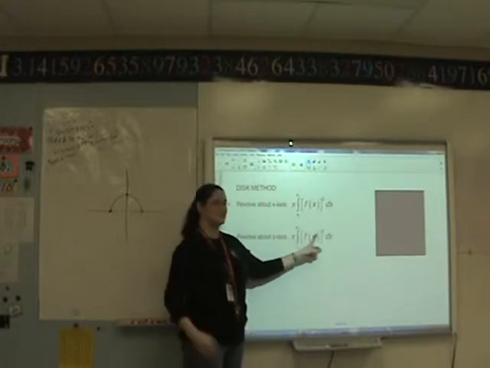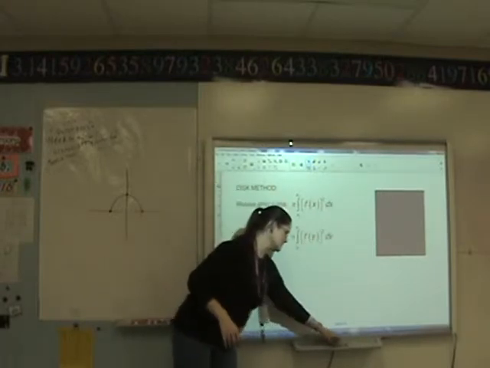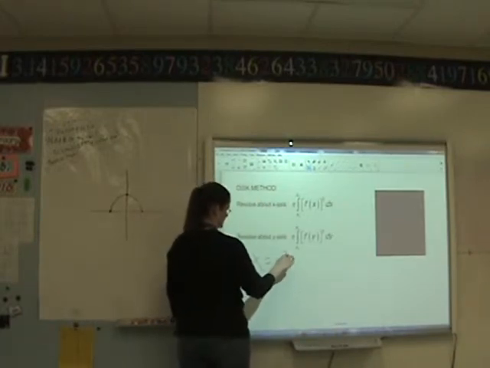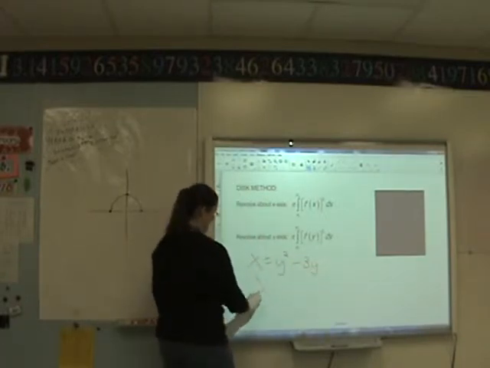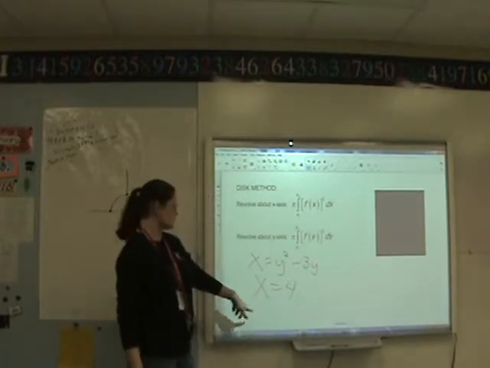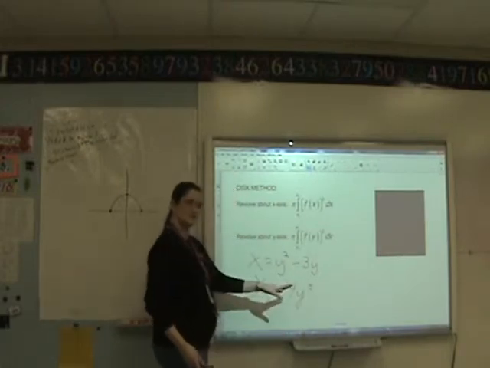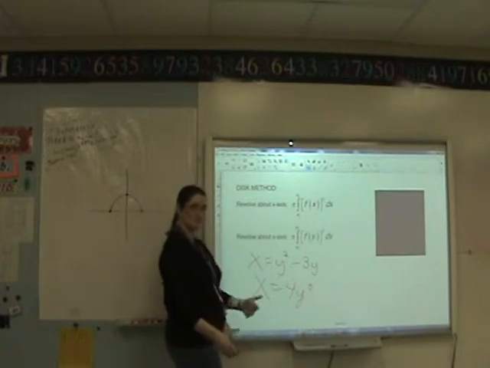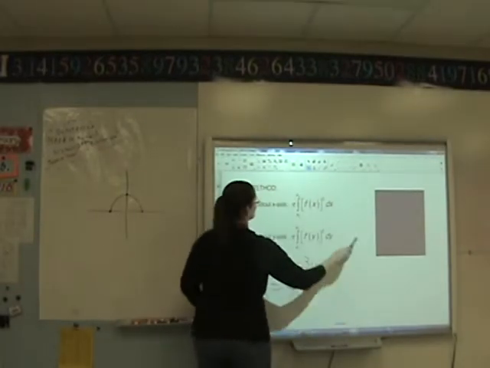My function needs to be x equals stuff with y. And when I say that, x equals, maybe it'll look like this. Maybe it's a vertical line and looks like this. It's still x equals, technically, y to the 0. It's still x equals stuff with y. You don't have to see a y for it to be in the right form. It just has to be x equals to go in here. And then